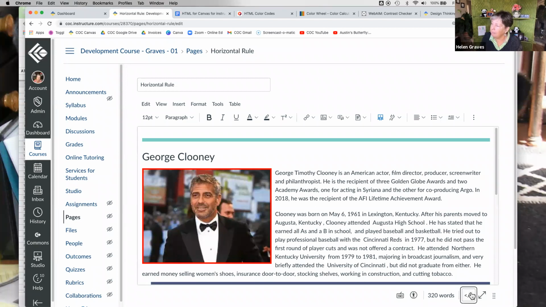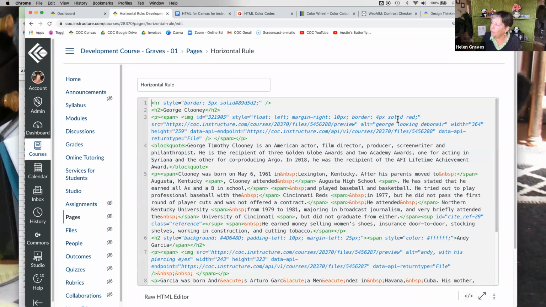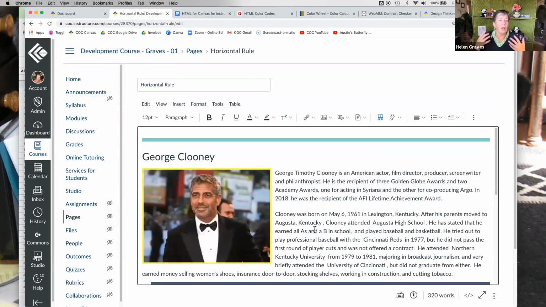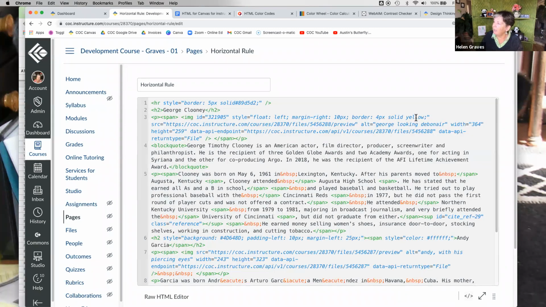You'll also see I was able to, with the color, simply put solid red. I didn't even have to worry about a hexadecimal. There are certain colors, and I don't know the whole list, but let's just try other colors and see. A lot of what we'd call traditional color names will work just as the word itself. So you can experiment and see. Let's see if silver works. I bet it won't, but it might.